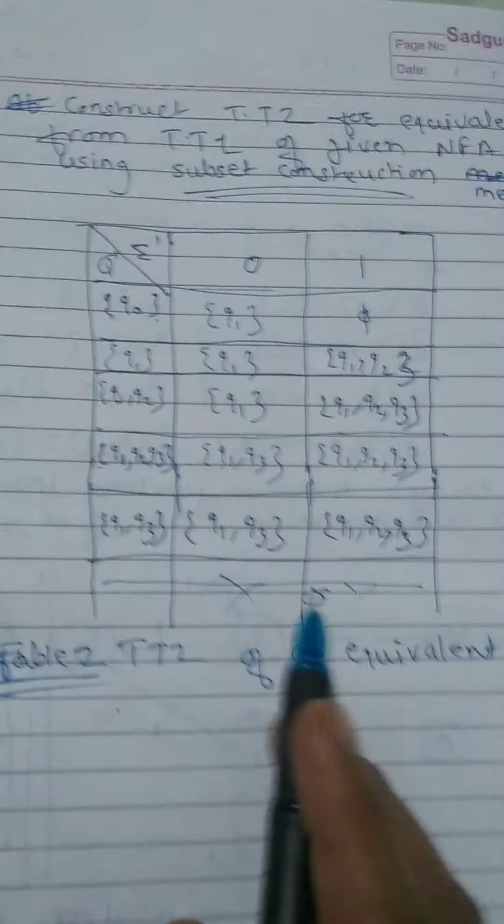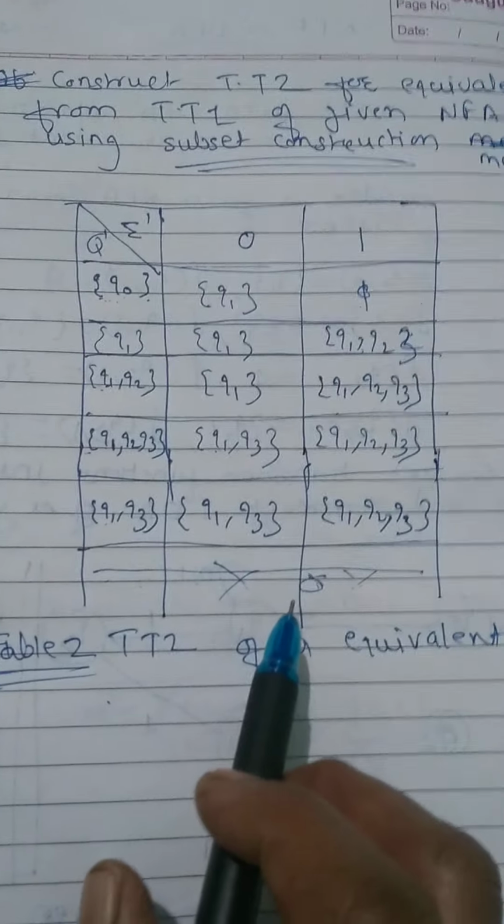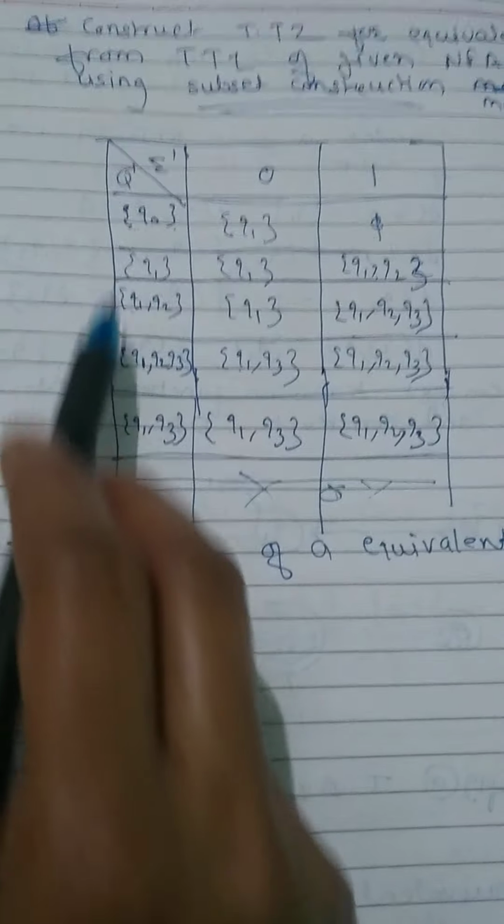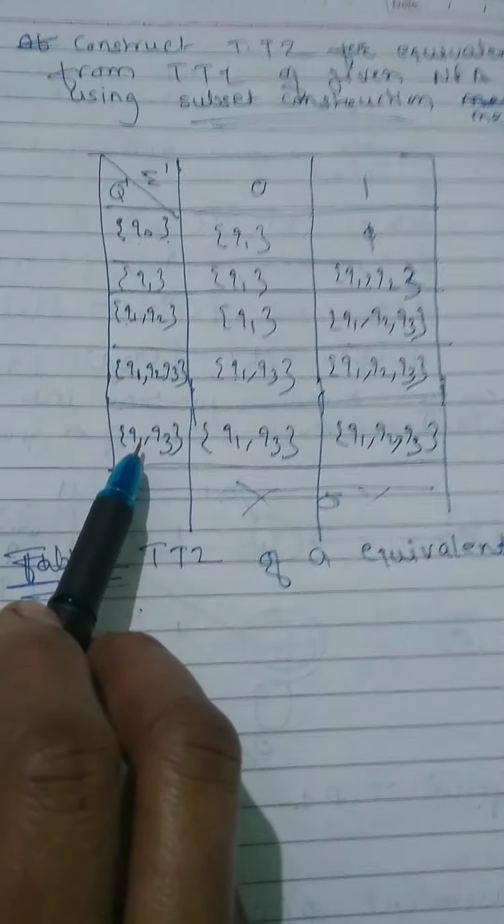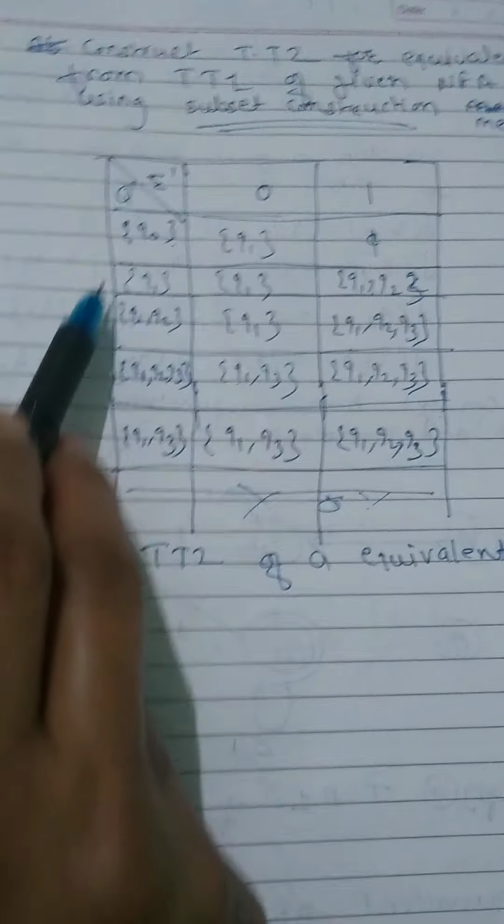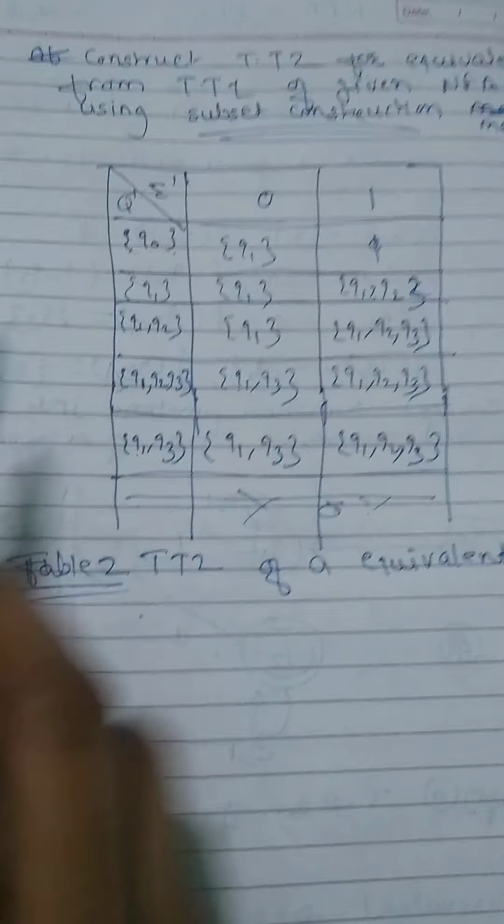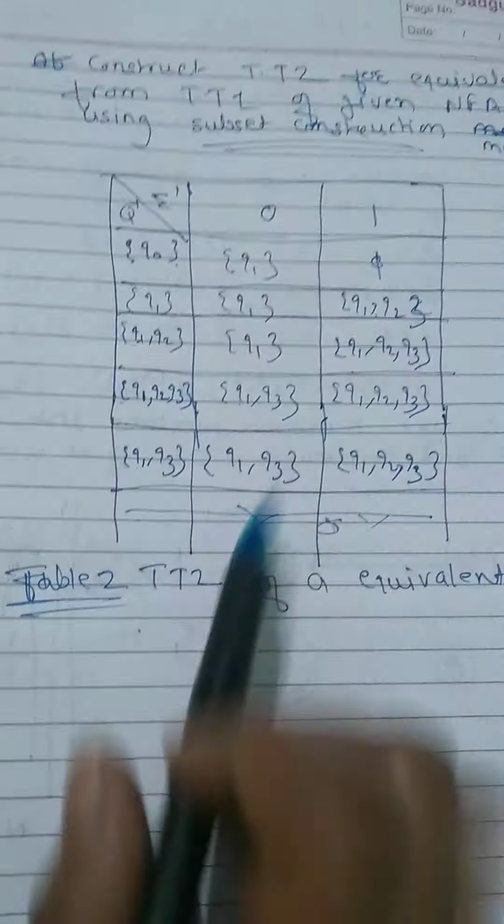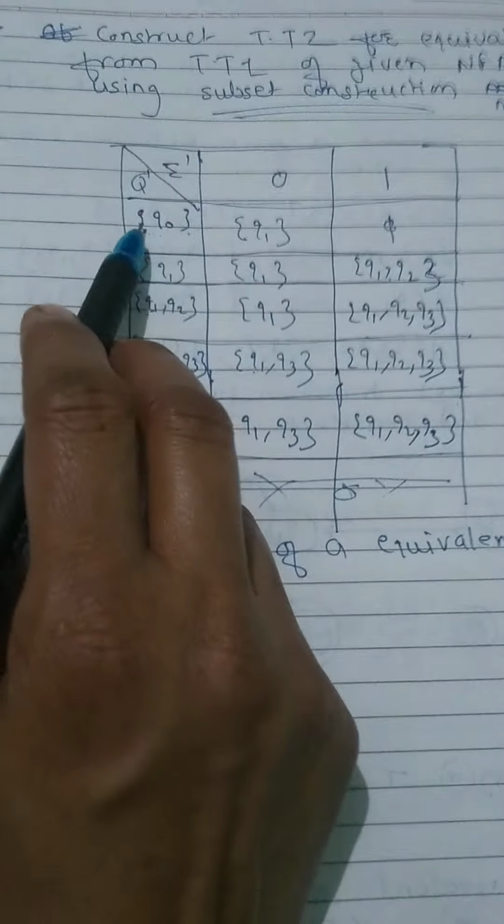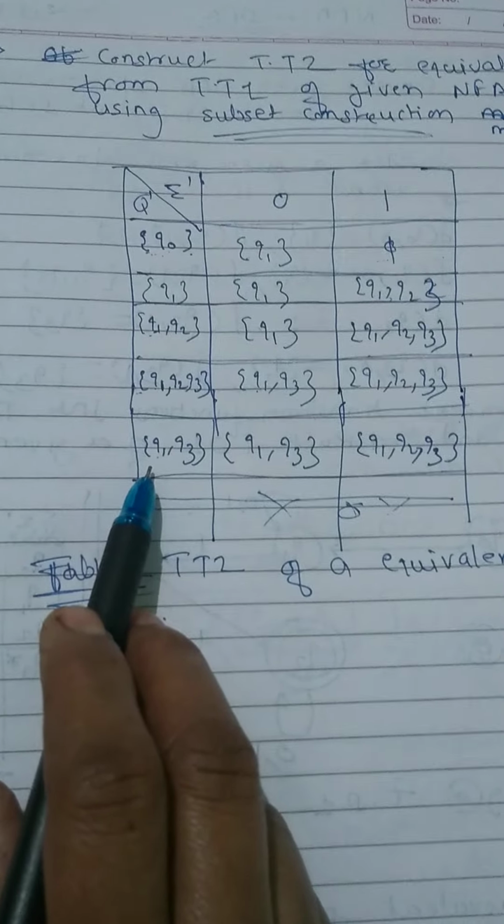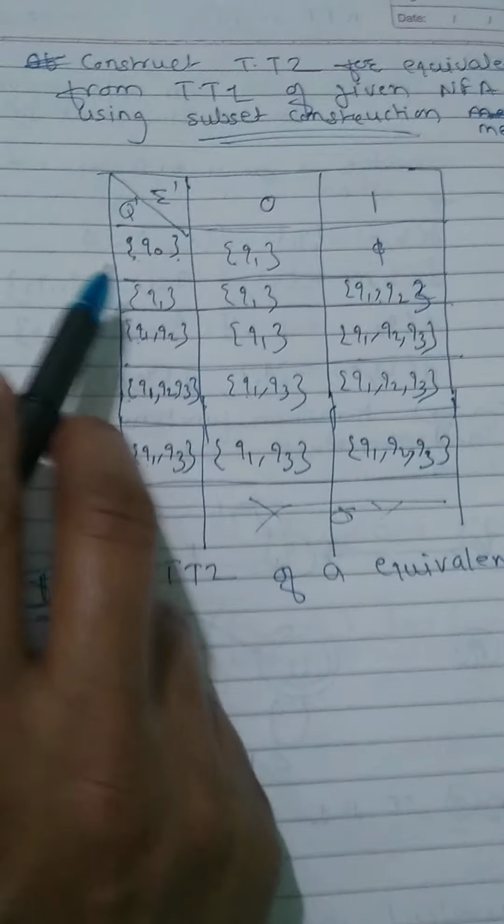Okay, now this way we can construct the transition table 2. Now draw the transition diagram. This subset of a NFA becomes the states of an equivalent DFA. That's why this method is known as the subset construction method. Now whatever number of subsets you see here, all those number of states will be there for the